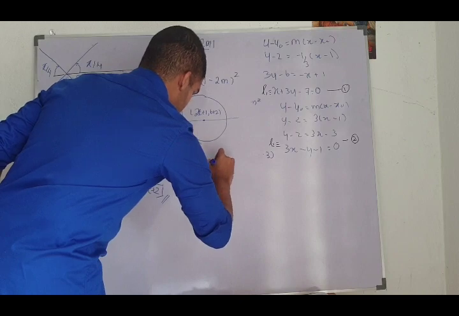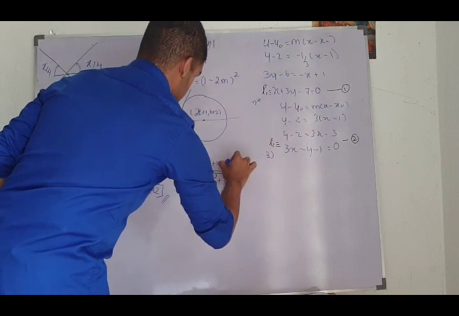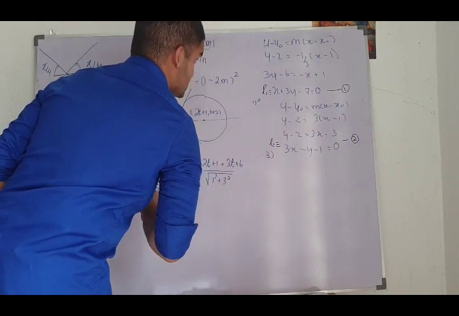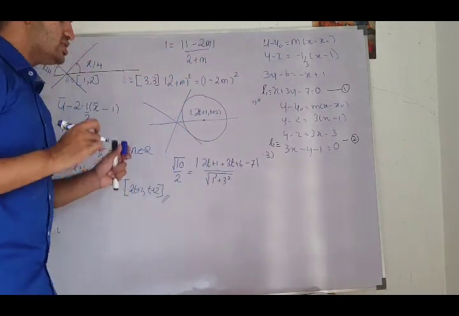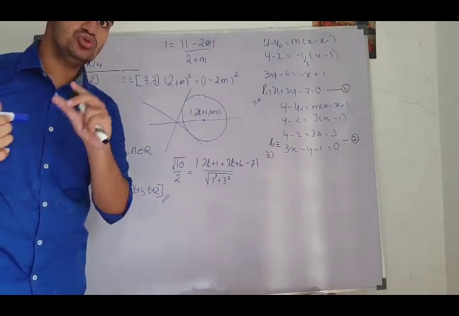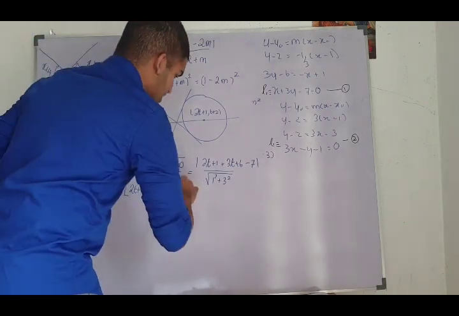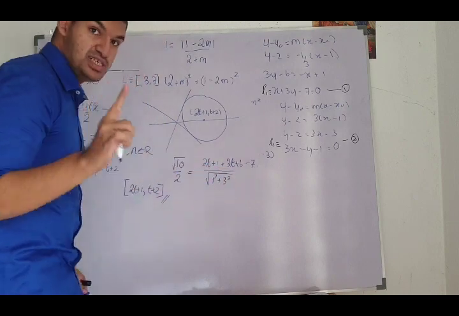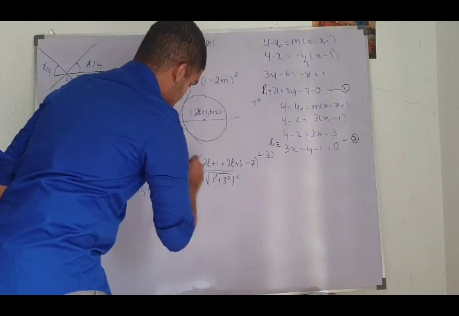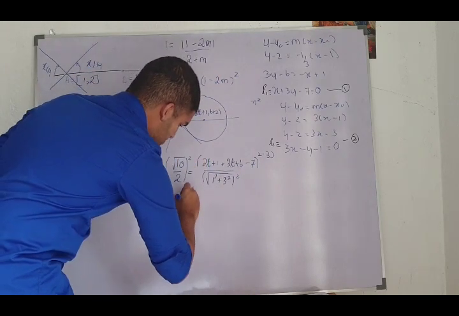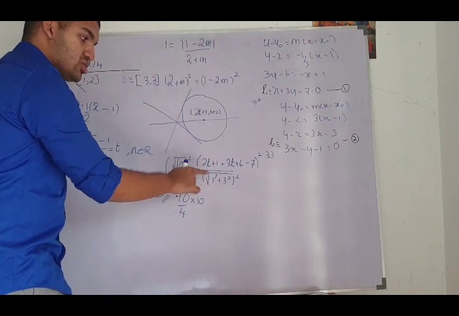So therefore 2t plus 1 and 3t plus 6 minus 7. This is going to be modulus. So in order to eliminate a modulus, we said that we should square both sides, right? We should square both sides. So therefore, instead of modulus, in the third step, this will become squared. This will become 10 by 4 into 10, because 1 squared plus 3 squared is going to